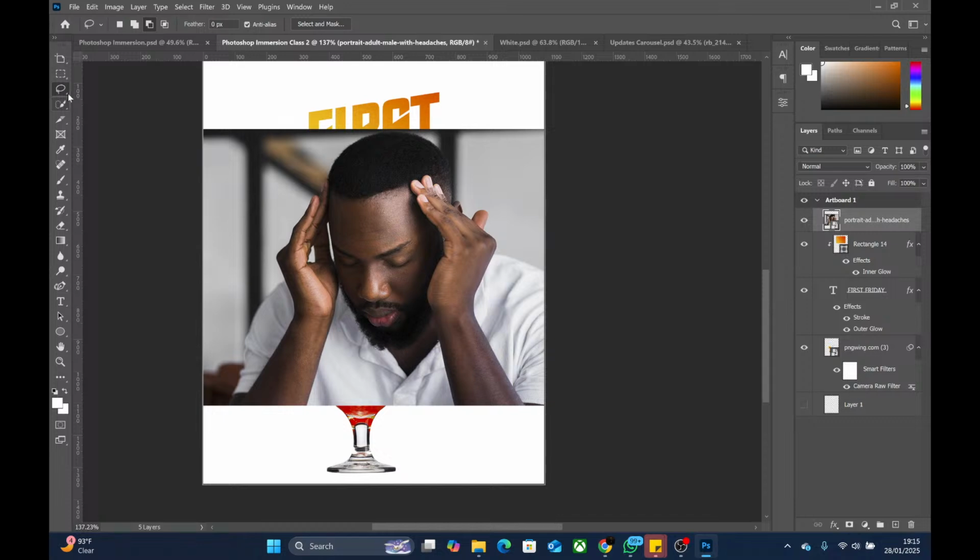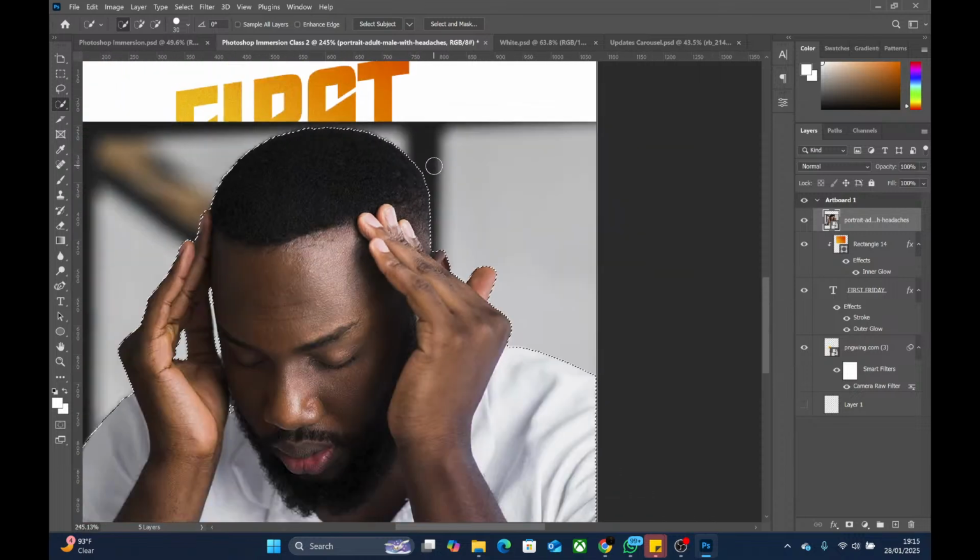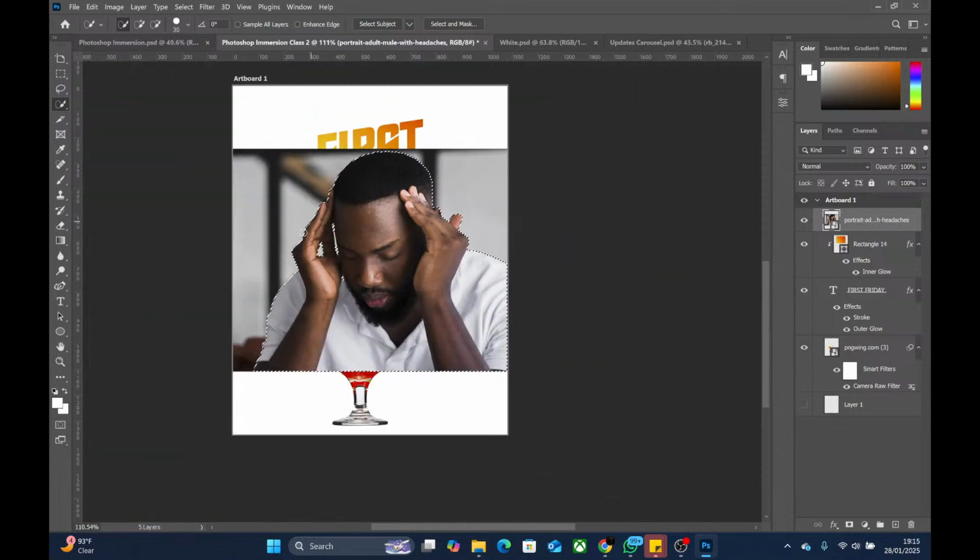Once I select this tool, this lasso tool, or the next one, up here you see something like select subject, right? If I click on this select subject, Photoshop will analyze the image. It will load for a few seconds. It will figure out which part of the image stands for the subject, the person in that image, and it will make a selection around that person. Can you see the line around this person?